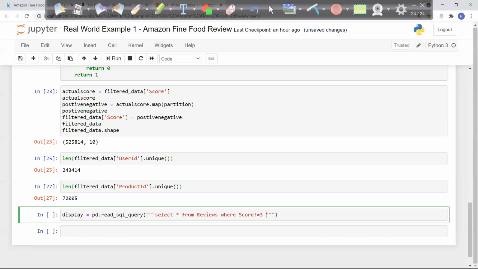User ID is equal to, I'll take one user ID: AR5J8UI46CURR. This is one of the user IDs. After that, I will write order by product ID.